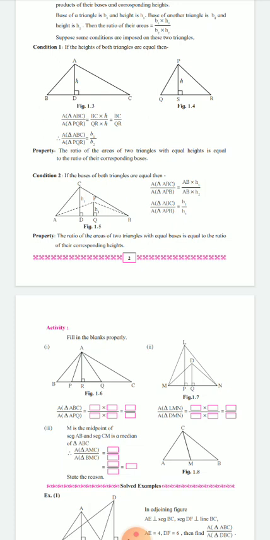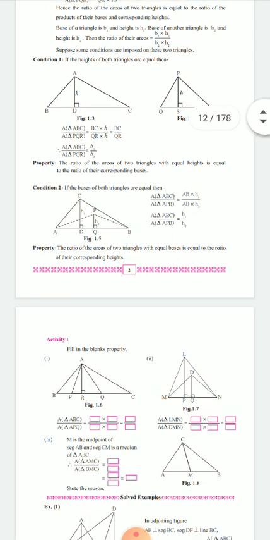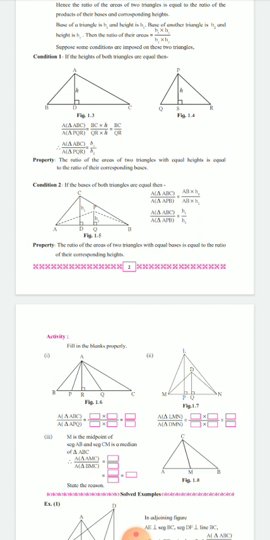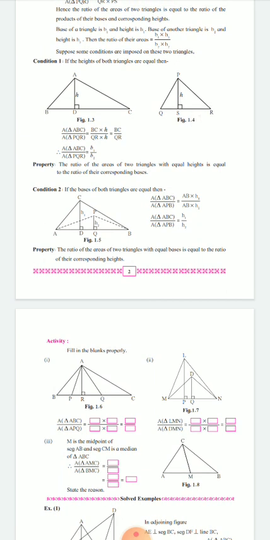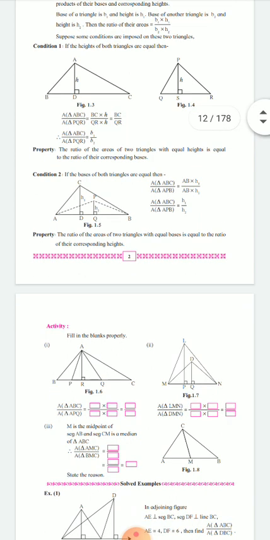So in the table of the first problem, in the first blank portion, instead of the blank I just have to write here BC upon PQ. Area of triangle ABC upon area of triangle APQ is nothing but BC upon PQ. So just for filling the blanks, I just have to follow the steps. If it directly asks, you can directly write down BC upon PQ. Okay, so now we will see the second example.